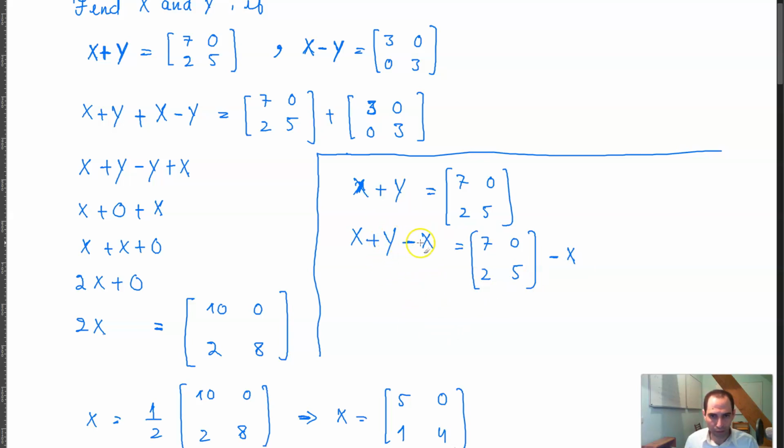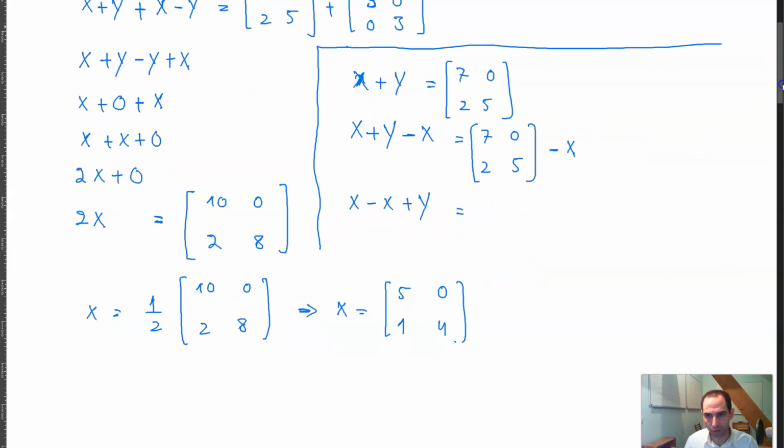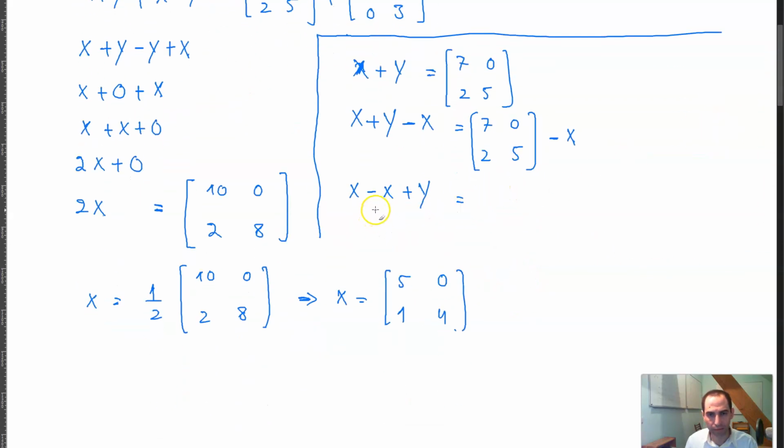And then, since addition is commutative, I can write this as X minus X plus Y is equal to, again, the right hand side, and X minus X is equal to O, plus Y is again equal to the RHS. It is also the RHS, and Y plus O is equal to O plus Y is equal to Y is equal to RHS, and your RHS is equal to 7, 0, 2, 5